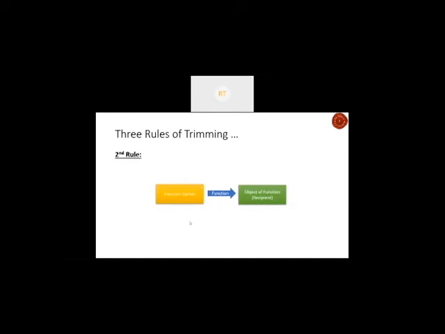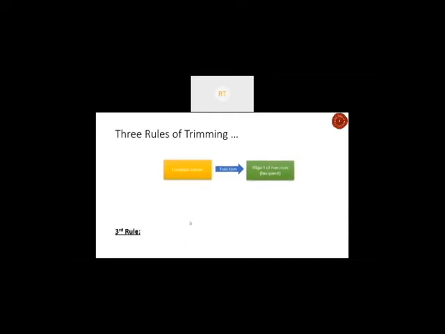What about this? What if the function carrier can be removed, and the recipient performs the function by itself? I work on myself. I don't need somebody else to work on me. This is the second scenario. Now we come to the third rule. In this third rule, a function carrier is not needed when there is a second function carrier that does the same function on the object of function. What Ashutosh hinted towards a little while ago.